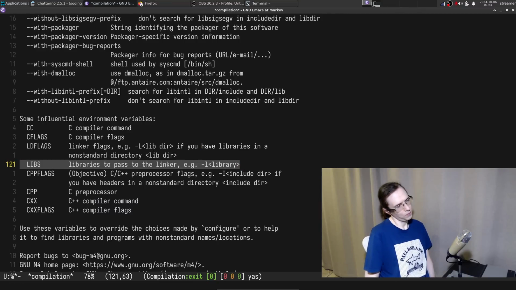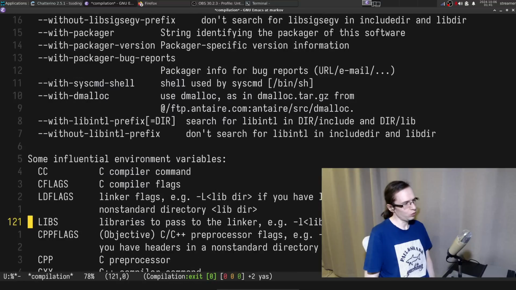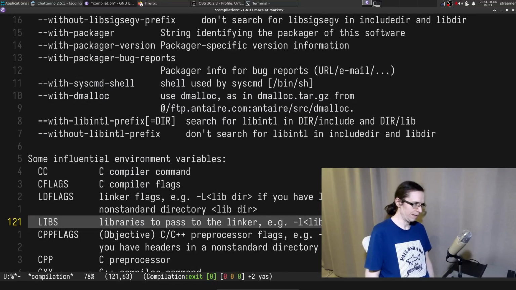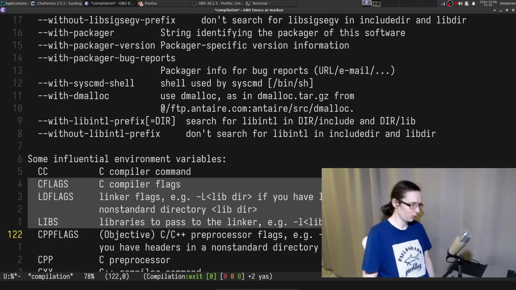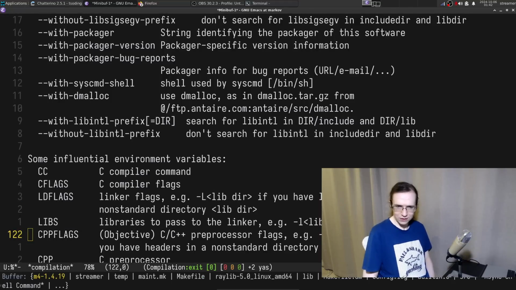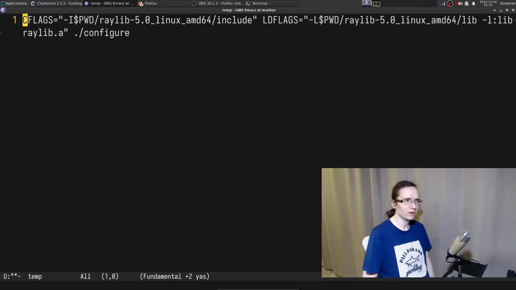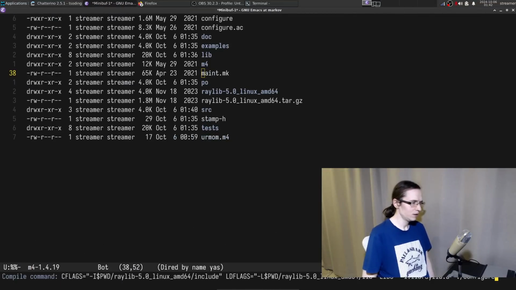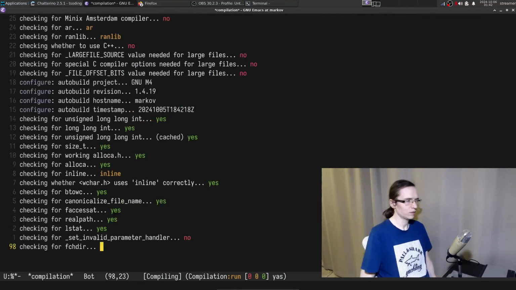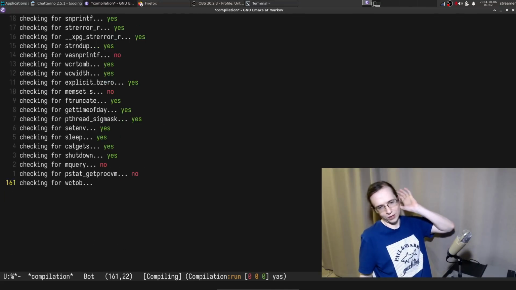Ooh. Libs should go here, actually. Okay, so it's actually LIBS, all right. Why nobody told me that? Why nobody fucking told me that, chat? What the fuck? All right, so let's put this stuff in here. This is that, and this is gonna be LIBS, like so. Hopefully, maybe, that will finally fix that shit. Let's go. Let's fucking go.